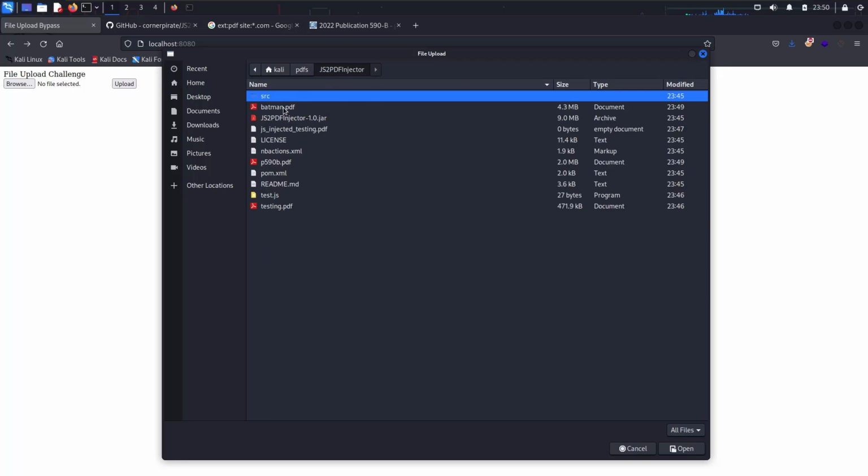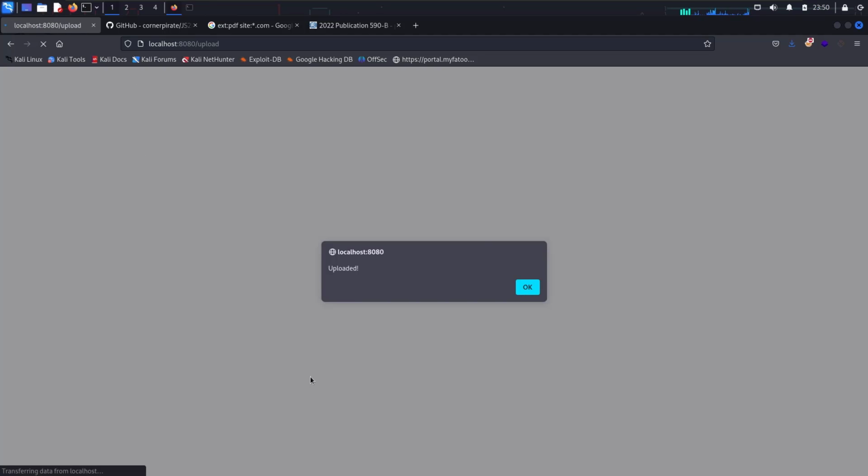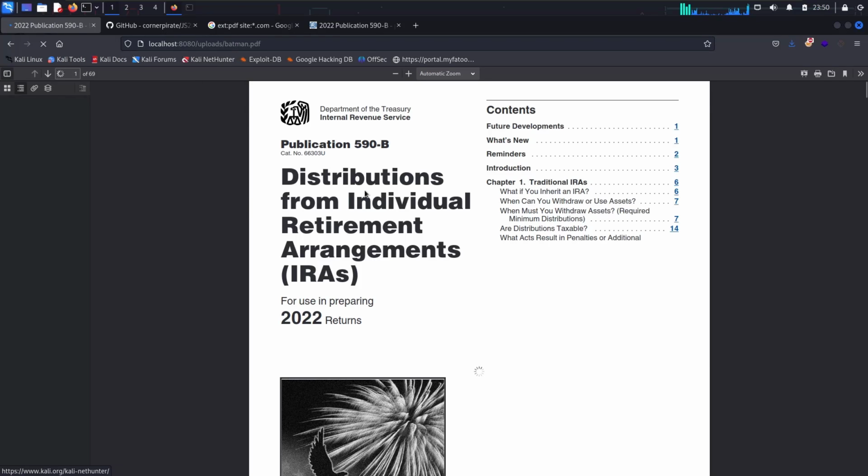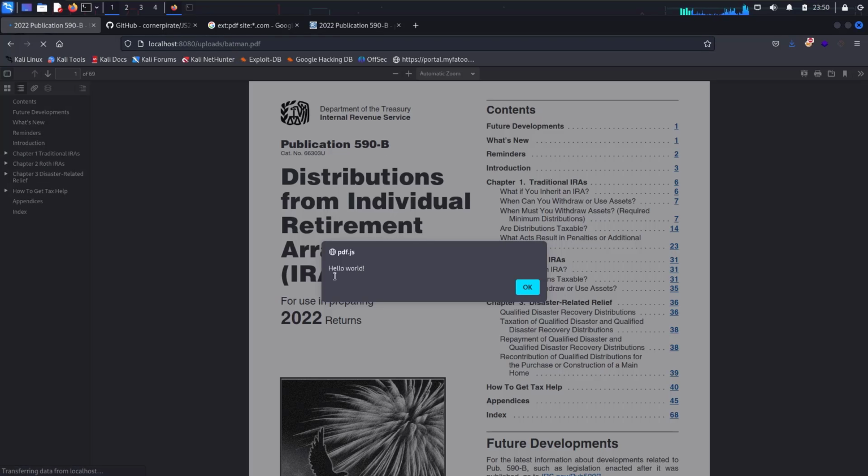And if we select this file, batman.pdf, now click on open, let's click on upload. And as you can see, the file has been uploaded, right? And now if I try to access it, uploads slash, the file name was batman.pdf, right? Hit enter. And now you see that it is saying hello world,